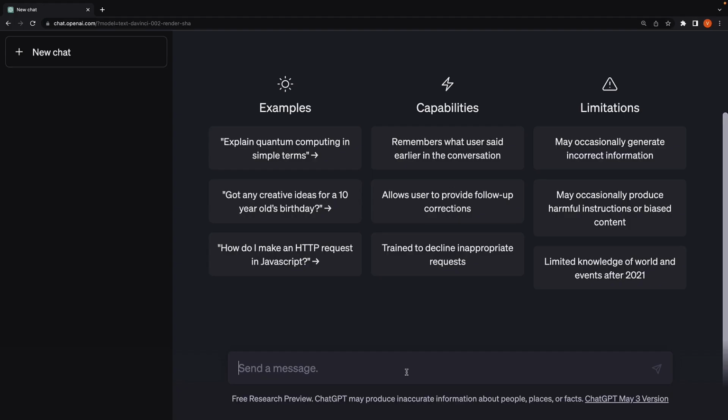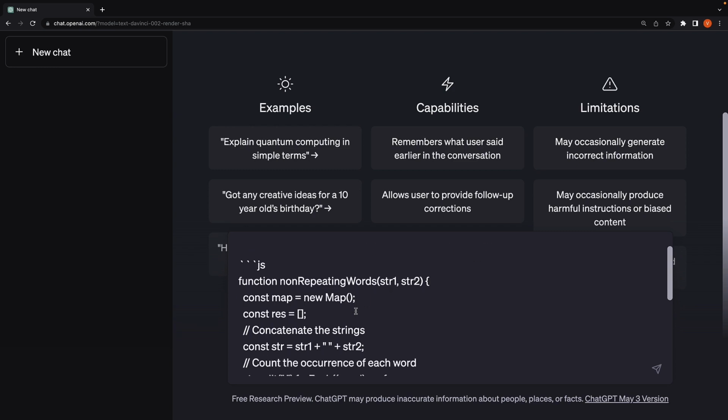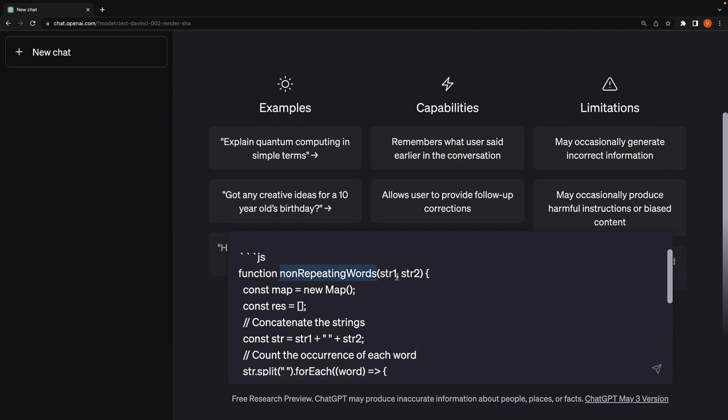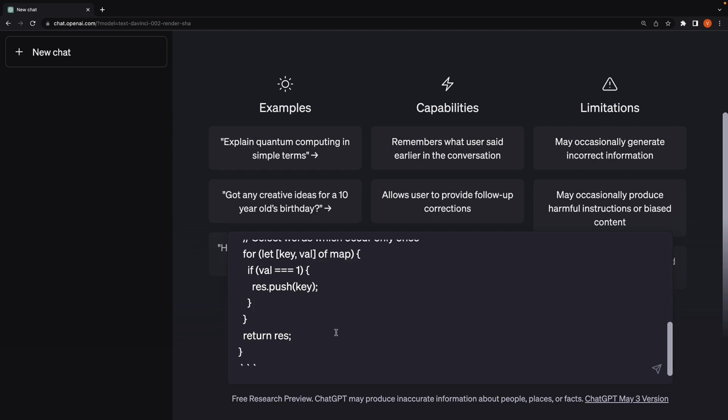Back in ChatGPT, I'm going to paste my new prompt. Let me read out the prompt. Convert the below code snippet from JavaScript to TypeScript. And you can see it's a function called non-repeating words, which accepts two strings as input and returns words which occur only once in the two strings. A simple JavaScript function. When I press enter,